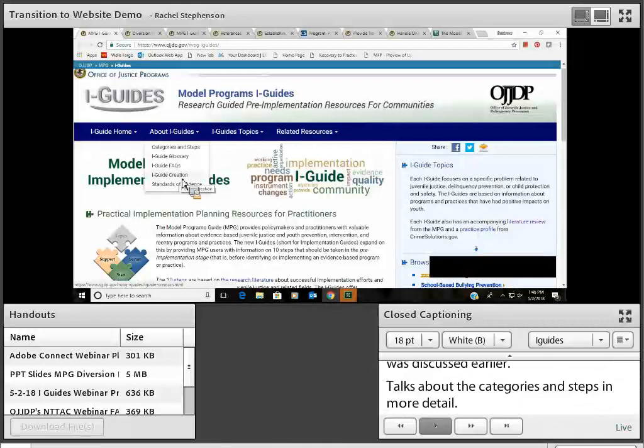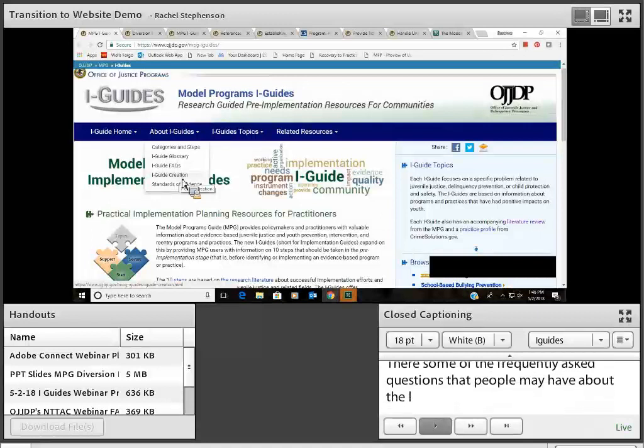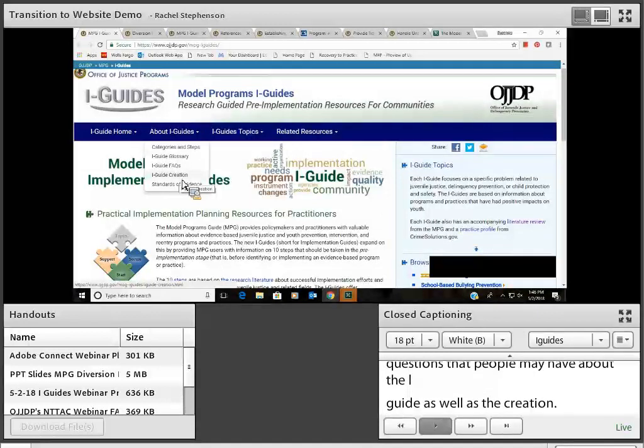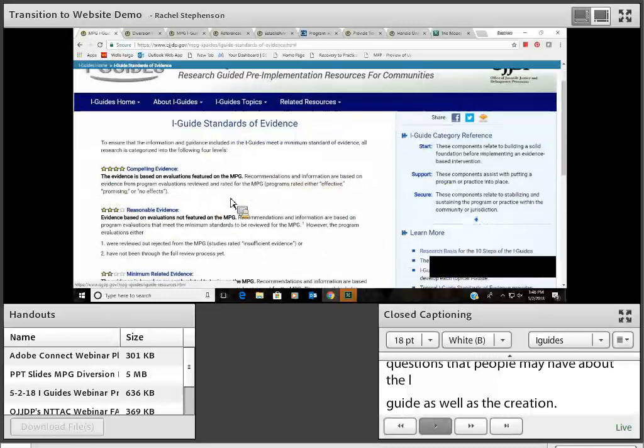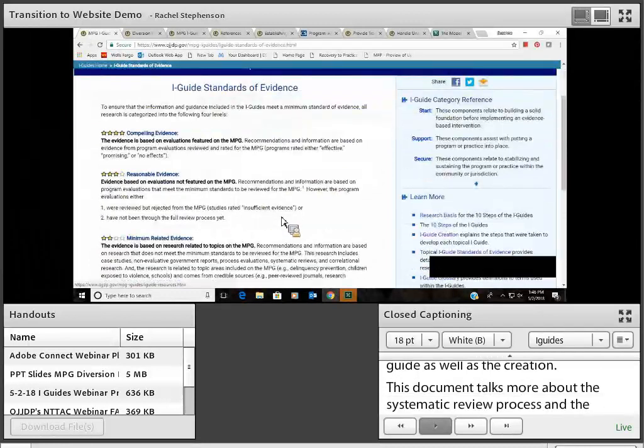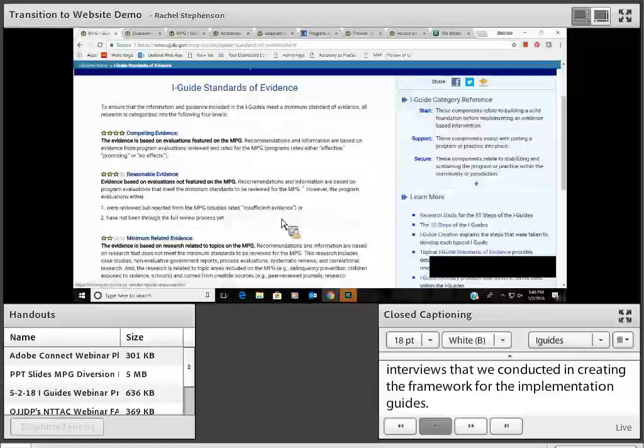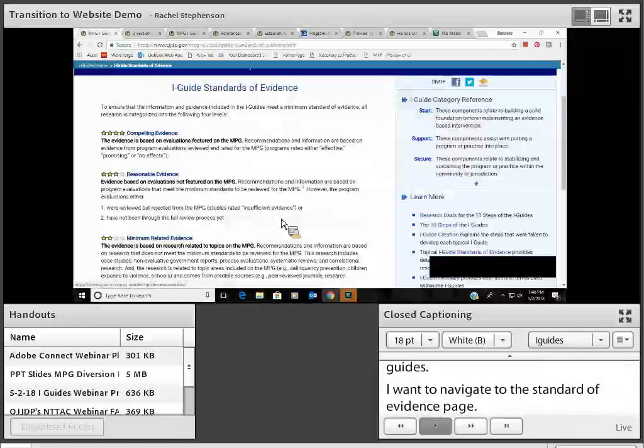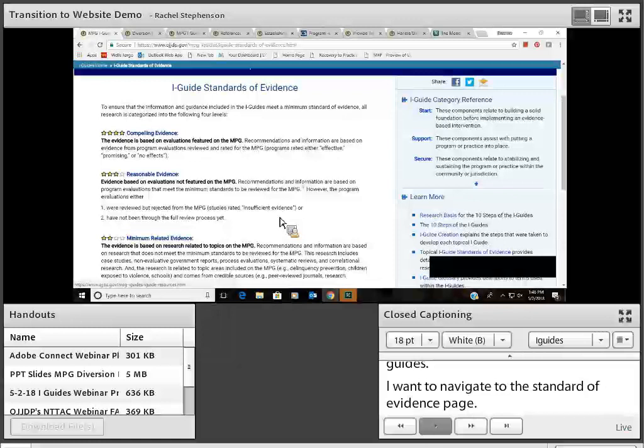This document here talks more about the systematic review process and the interviews that we conducted in creating the framework for the implementation guides, and so you can go there. I do want to navigate to the standard of evidence page. This page gives information about the 4 levels with which we categorize the research, whether it was compelling